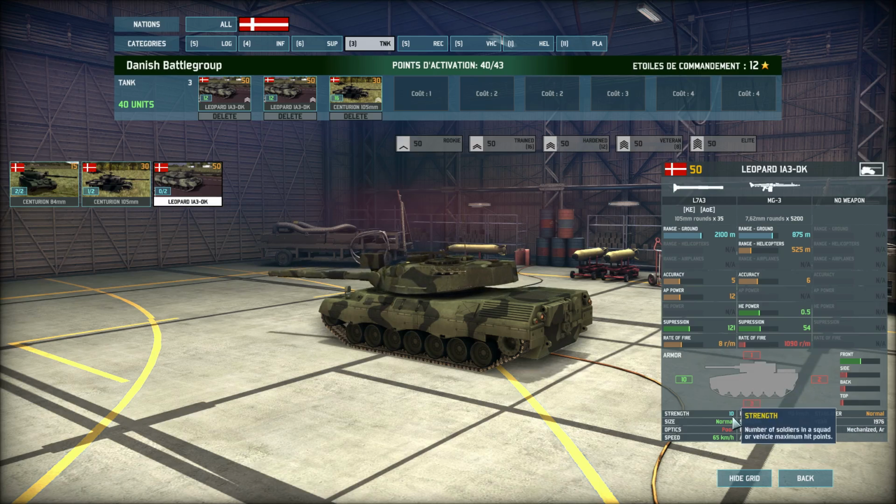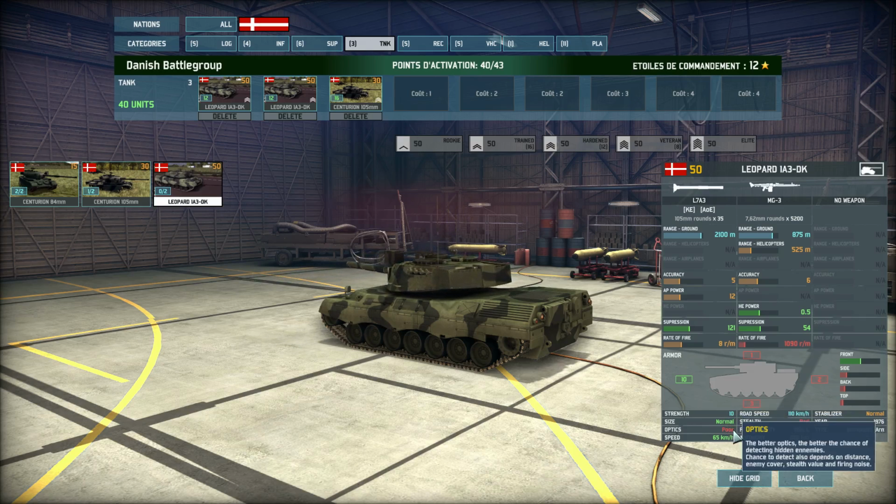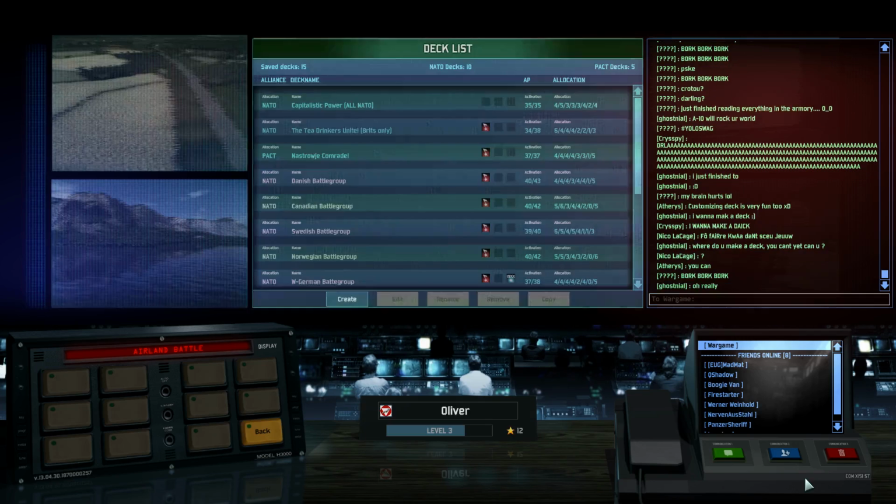Now down here you've got strength, which means hit points. That should be 10 usually. Very few units have 5 or 15. Size, optics, speed, I think it's all pretty much clear. So take your time to familiarize yourself with your deck, and after you've done this